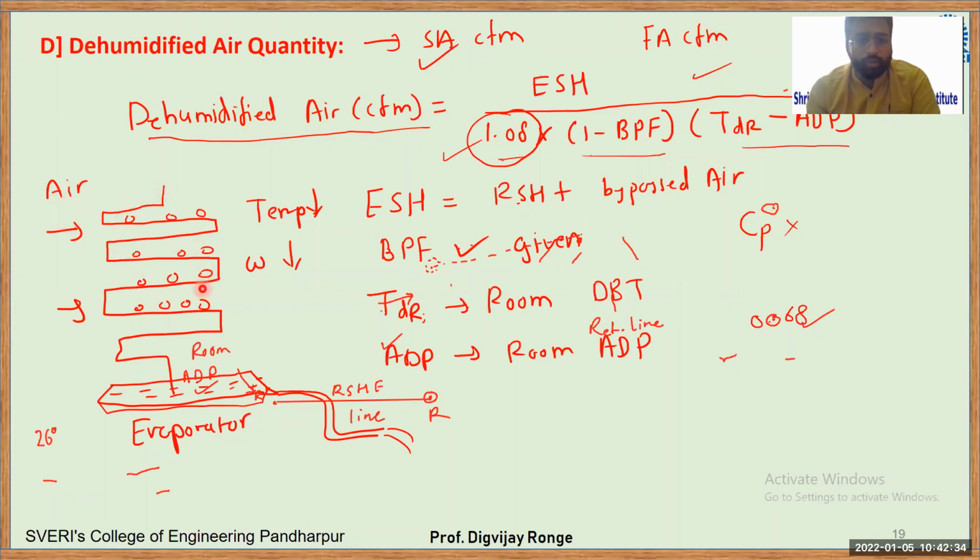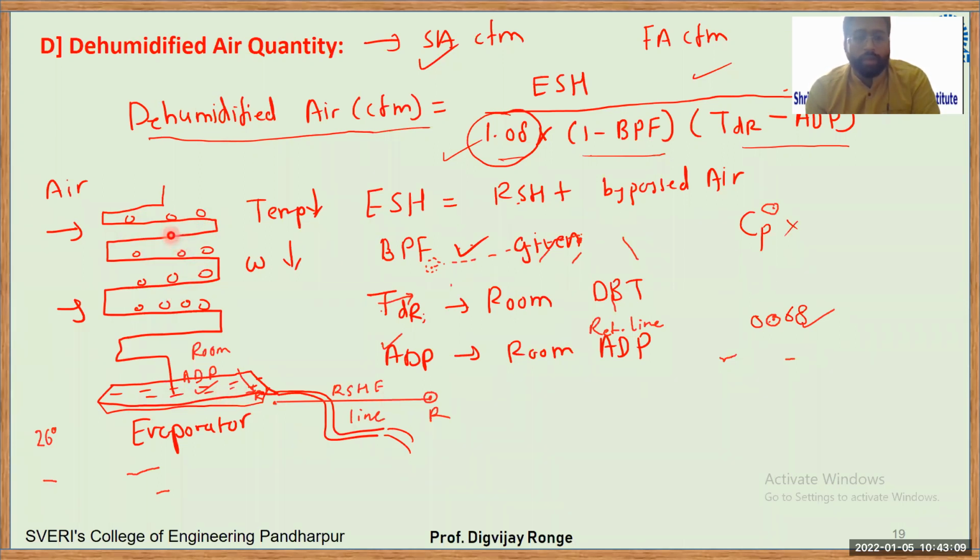So let us say this is a cooling coil. On the cooling coil, what will happen? Some of the moisture content in the air will get condensed. That means it will get removed from the air. It will condense here. That means the temperature will reduce to the coil ADP temperature. Coil ADP means coil apparatus dew point temperature. Some of the water content will be removed because it will get condensed on the coil, and then there will be one tray in which the water will be collected and it will be thrown out, right?